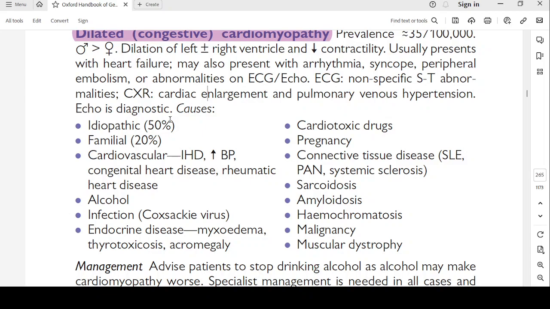Causes are idiopathic 50% cases, familial 20% cases, cardiovascular, either they have a previous ischemic heart disease or there is high BP, congenital heart disease, rheumatic heart disease, alcohol causes dilated cardiomyopathy, infection, Coxsackie virus causes cardiomyopathy,